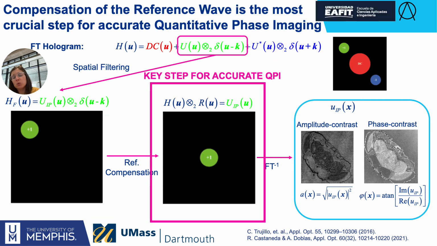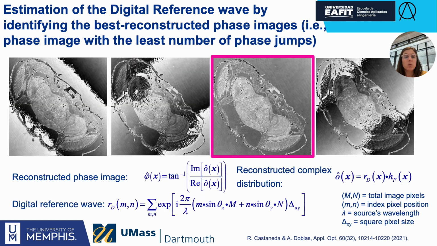So this is well known, this is nothing new here, but it's also well known that the compensation, the shifting back of the object spectrum to the origin, is a really key part, and it's crucial if you want to have accurate phase imaging. If your sample is thin enough, the background needs to be uniform across, but depending on how you are making the centering, you might have residual phase values that you will observe as phase gratings. So what we did in the past,